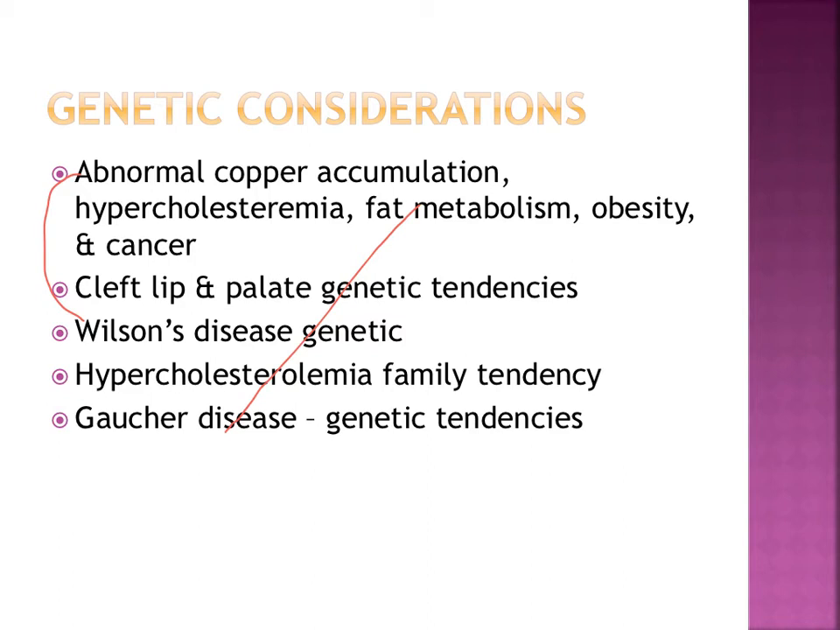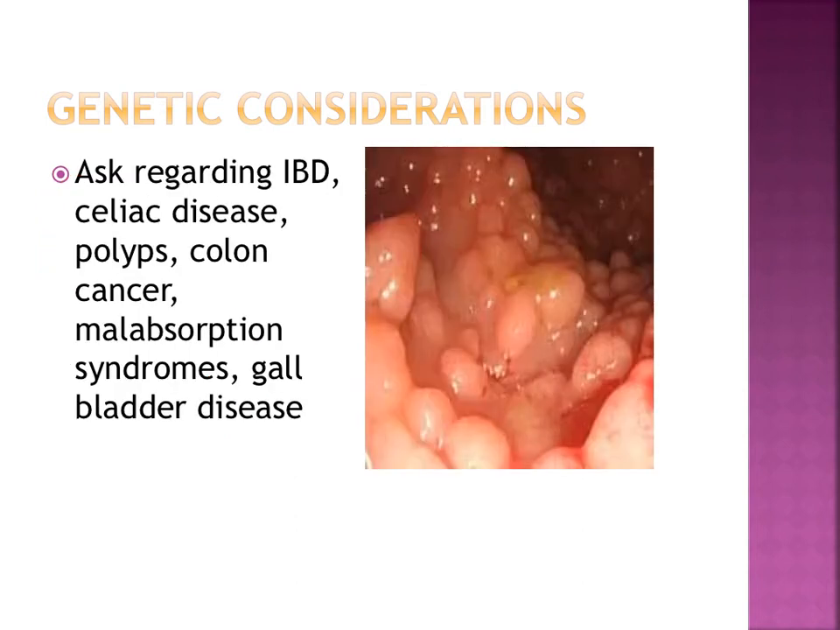That's genetic. Certain types of cancers, certainly colon cancer, tend to run in families, like a first-degree relative for colon cancer. Cleft lip and palate, which you will learn about in pediatrics, also has a genetic tendency. Page 872 outlines the genetic considerations for colorectal cancer and inflammatory bowel disease. So that brings us to this slide. Ask about family history of irritable bowel disease, but also ask